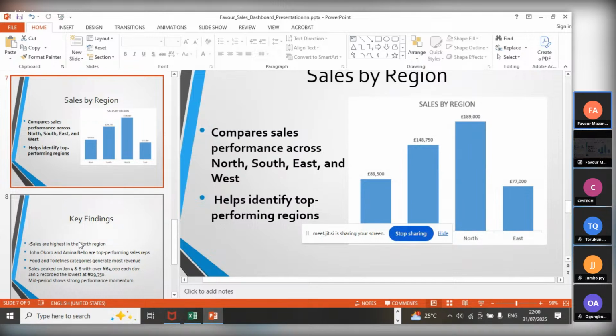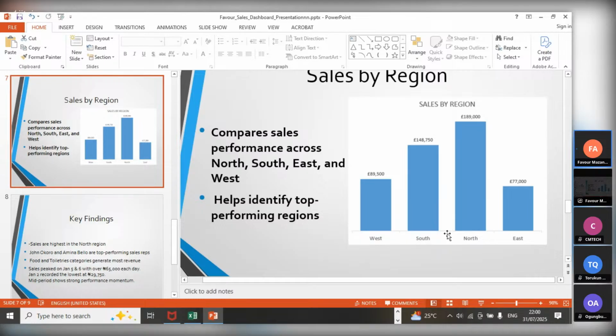Okay, so we have the northern region. Let me just hide this thing. So we have the west, the south, the north, and the east. When I was working on my source data, I had to filter my data so that I could have the highest and lowest data. So we could see that if we compare the sales between these